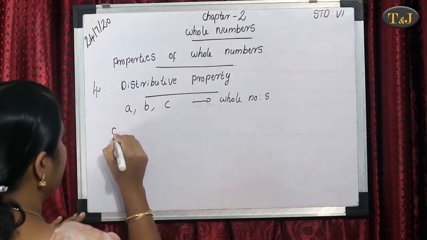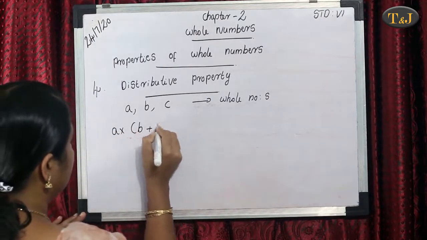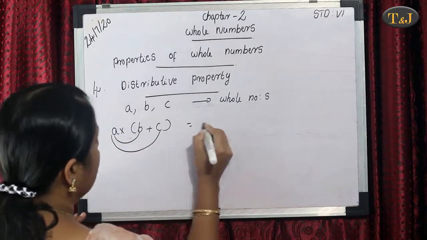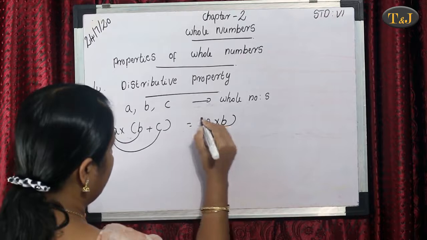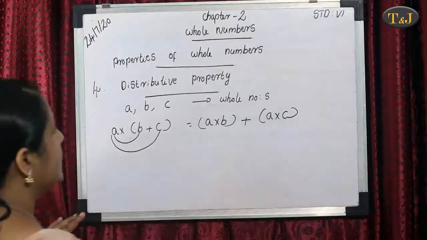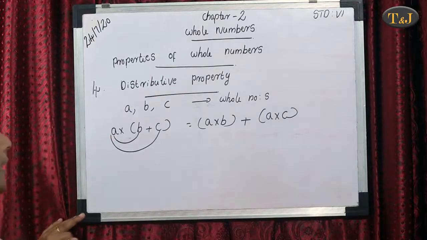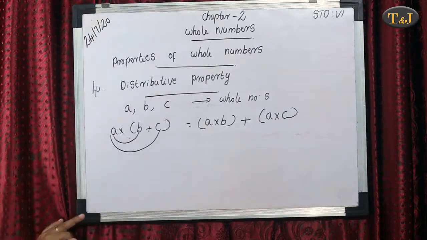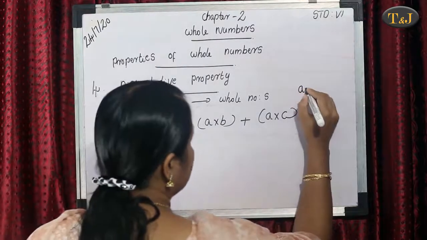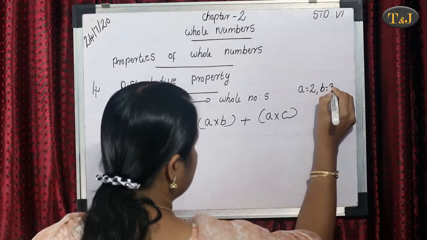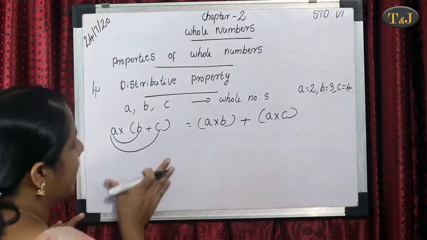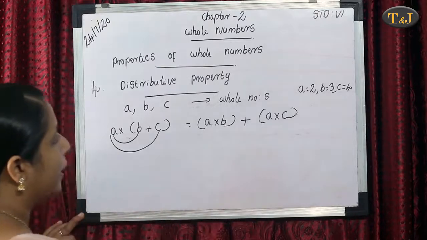then our property is that A cross (B plus C) equals, first, A cross B, then A cross C. So we write A cross, then put the bracket around B plus C, then the plus symbol, then A cross C. It is a very important property. The distributive property is that A cross (B plus C) equals A cross B plus A cross C. We take three values, A as 2, B as 3 and C as 4. So we do this property. This side is LHS and this side is RHS. How can we do these problems?